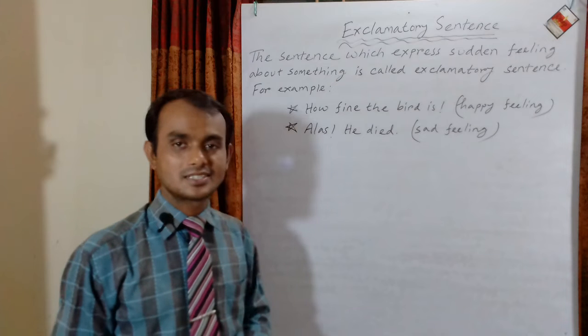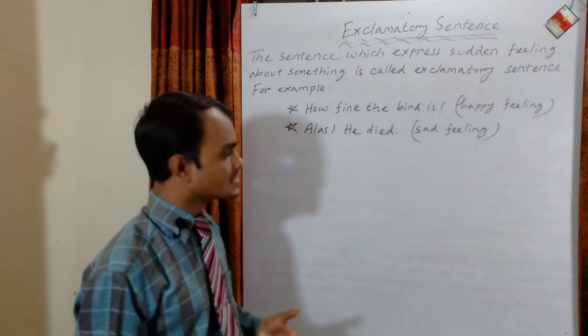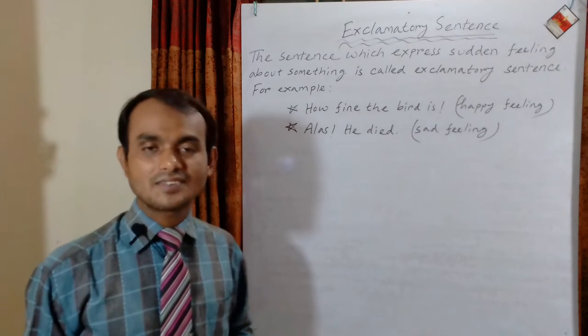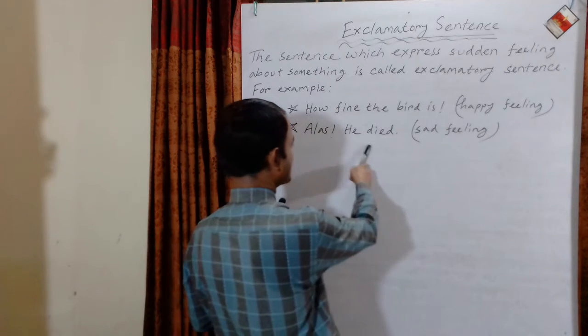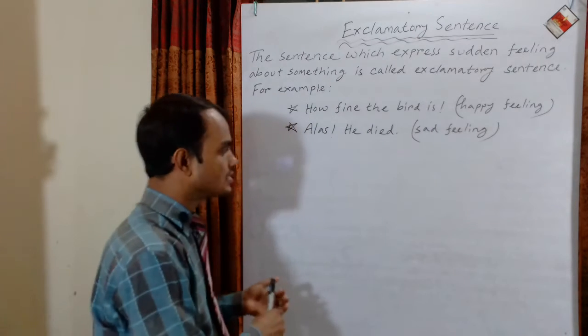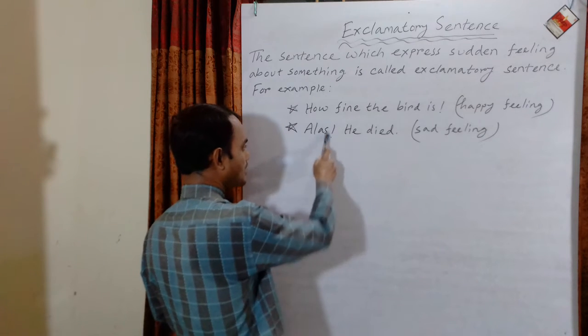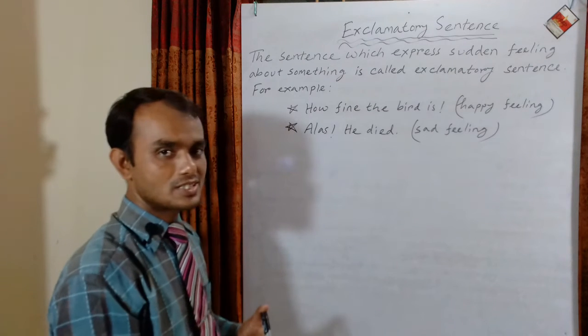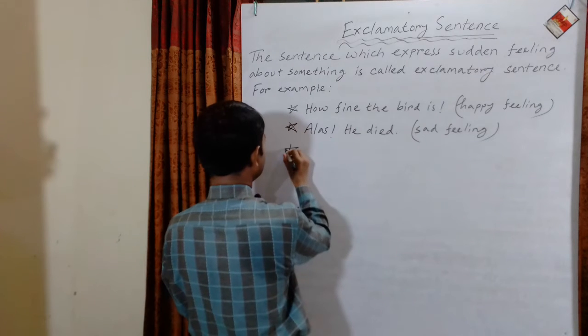Alas, he died. If you analyze this sentence, you'll find this sentence indicates sad feeling. So this is an exclamatory sentence. Besides, you find an exclamatory mark here. So this is an exclamatory sentence. The next example,